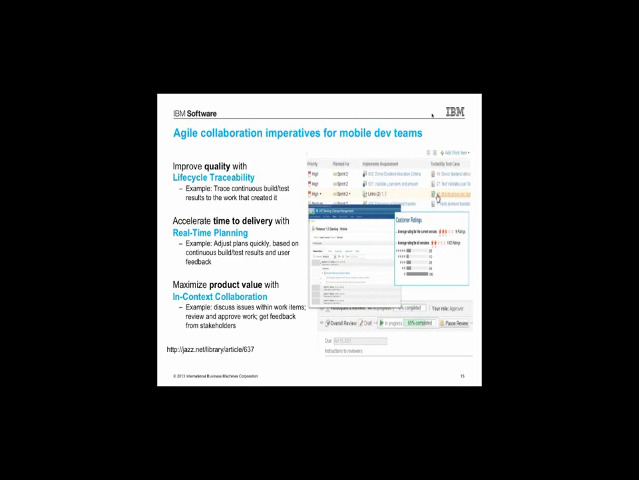Number two is to help you accelerate your time to delivery with real-time planning. So, if you're going to respond to feedback, you have to make changes to your plan in real time or almost real time. So the concept in Agile, of course, is that you have a sprint, and the sprint is fixed for a certain amount of time, like a week or two. At the beginning of a sprint, you always take your backlog, and you figure out which ones you are going to do first. Based on feedback, you can do real-time planning to massage that backlog so that what you're delivering better meets customer expectations. And then the third thing here is this imperative around improving your product value with in-context